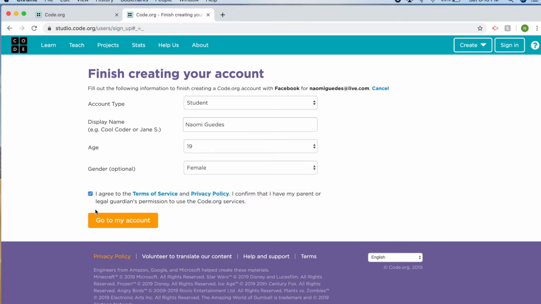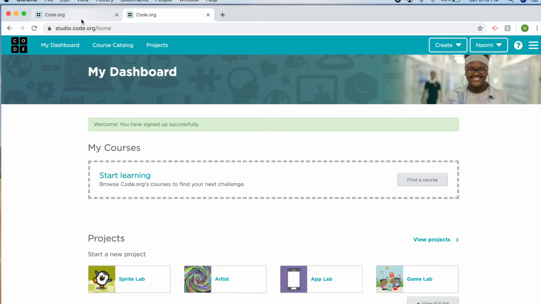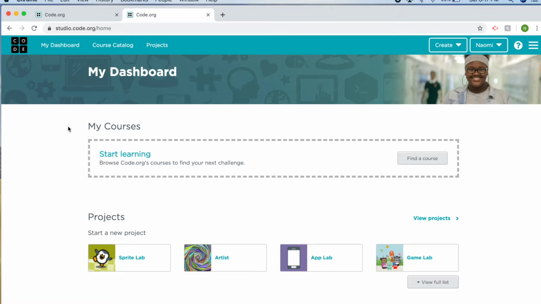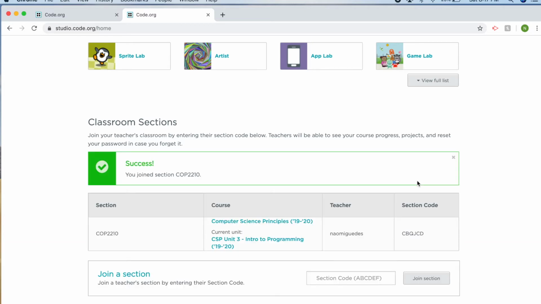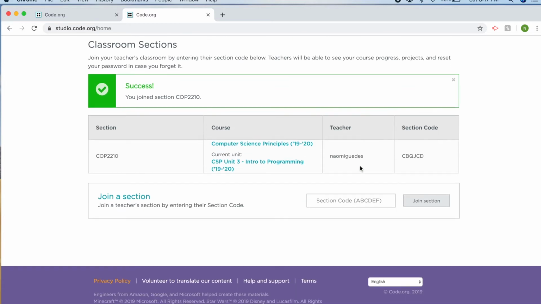After that, they agree to the terms of service and they create their account. After that, it'll be just like your dashboard. They'll have the same thing, but instead of having the option to create a course, they're going to scroll down and they're going to see an option to join a section. And there they're going to put the code that your dashboard has for your class, and then they're going to put Join Section. And then automatically you're going to see your course name and your unit with the course you offer. And once they click on that,